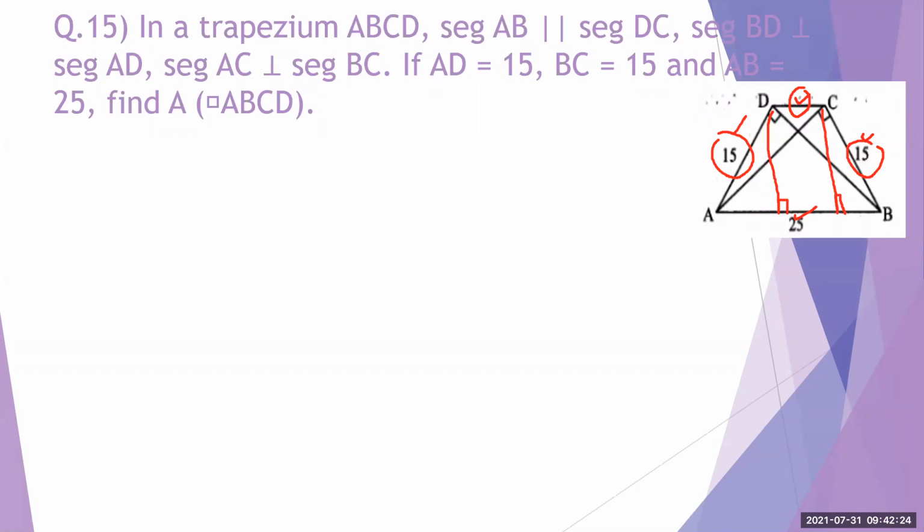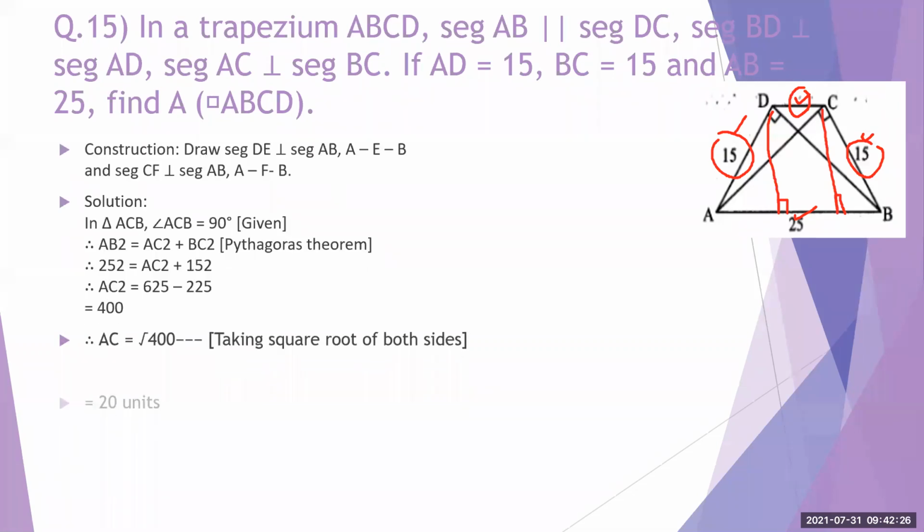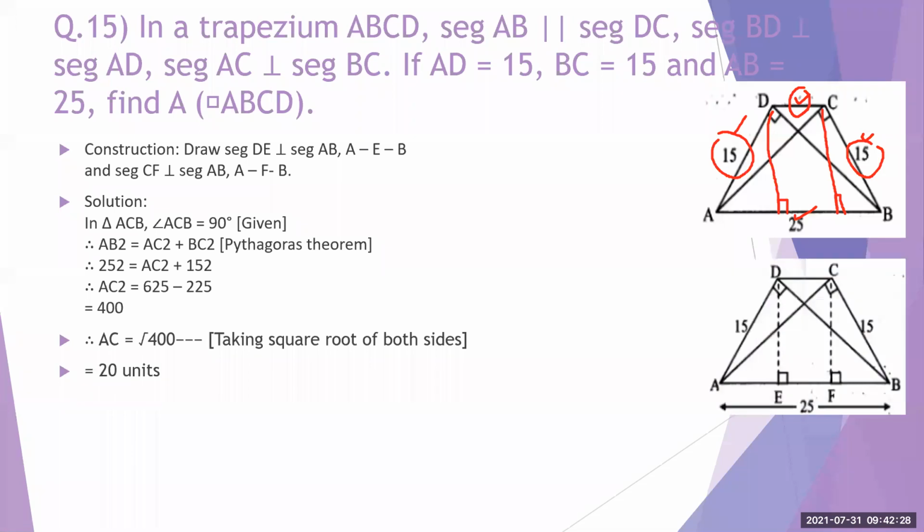आई थिंक अब टाइम भी खत्म होता है. Where is that figure? ये फिगर. Okay, so we are done with this construction. So let's see. Firstly, we have done the construction, that is segments DE and EF, हमने perpendicular draw की है segment AB पे. Then in the solution we consider the triangle ACB. Yes, this triangle we consider, ACB.